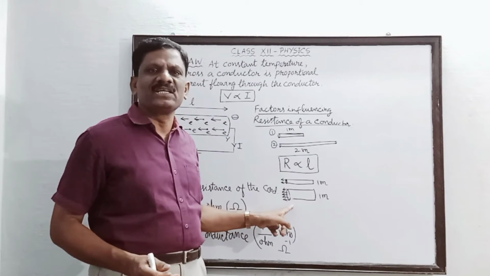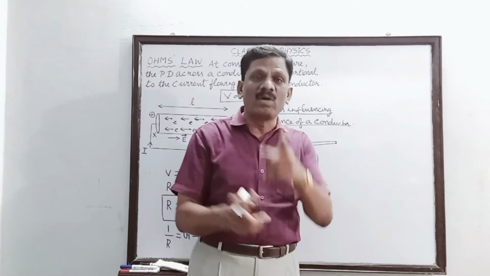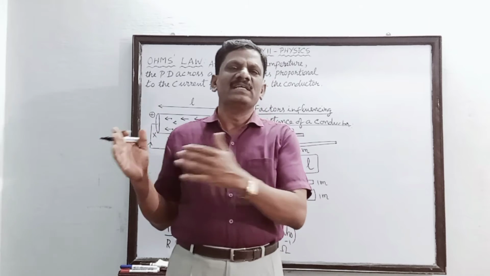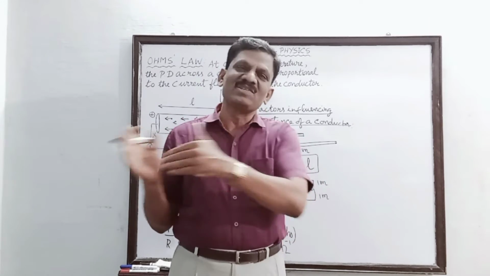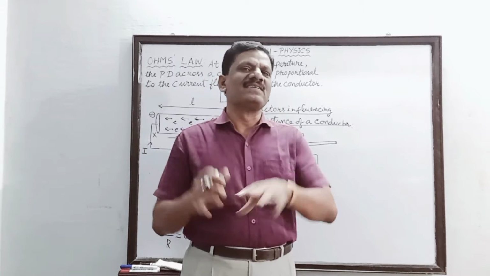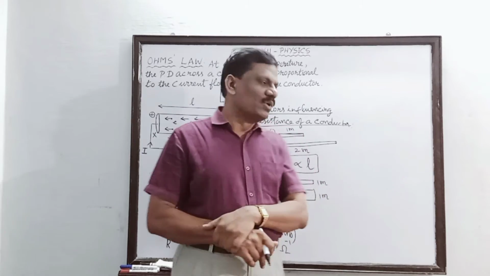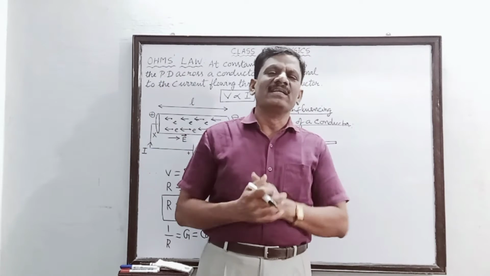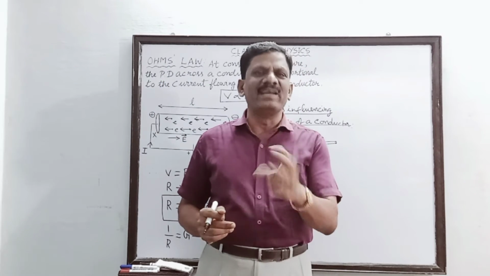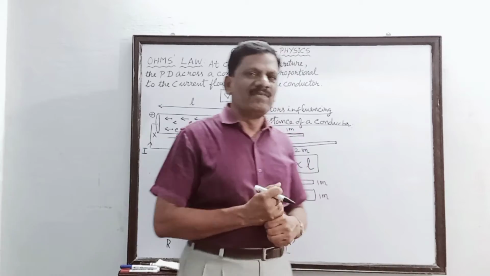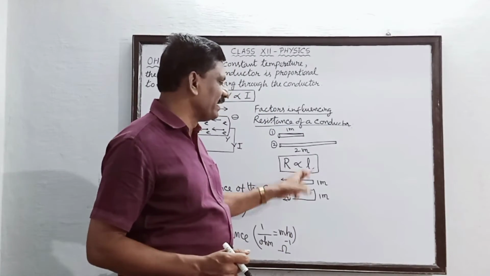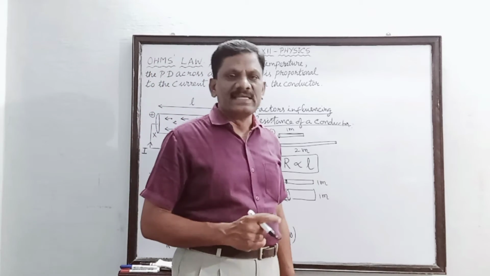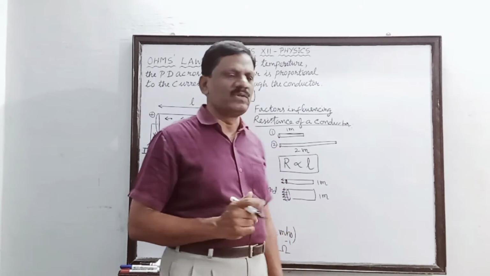So if the cross section of the wire is very large, more electrons can cross at a time. That means conduction is more, conductivity is more. Therefore, the resistance should be less. So, if the area of cross section is large, then the electrical resistance will be less. Understand? Therefore, how does the resistance of the conductor depend on the area of cross section? Directly or inversely? Yes, it is inversely proportional to the area of cross section.